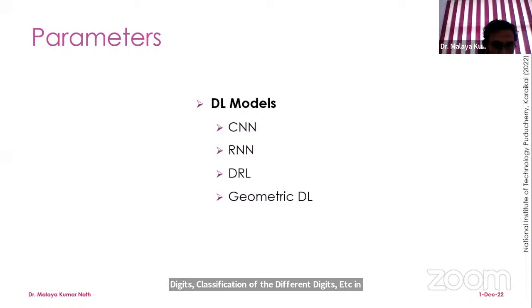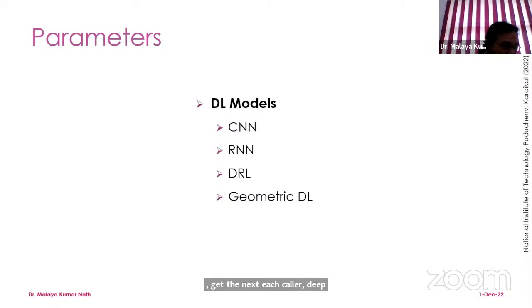If we compare the gated recurrent unit with the LSTM, the gated recurrent unit has two gates, a reset gate as well as an update gate. Whereas in the case of LSTMs, we have three gates, known as the input gate, forget gate as well as the output gate. The next is called